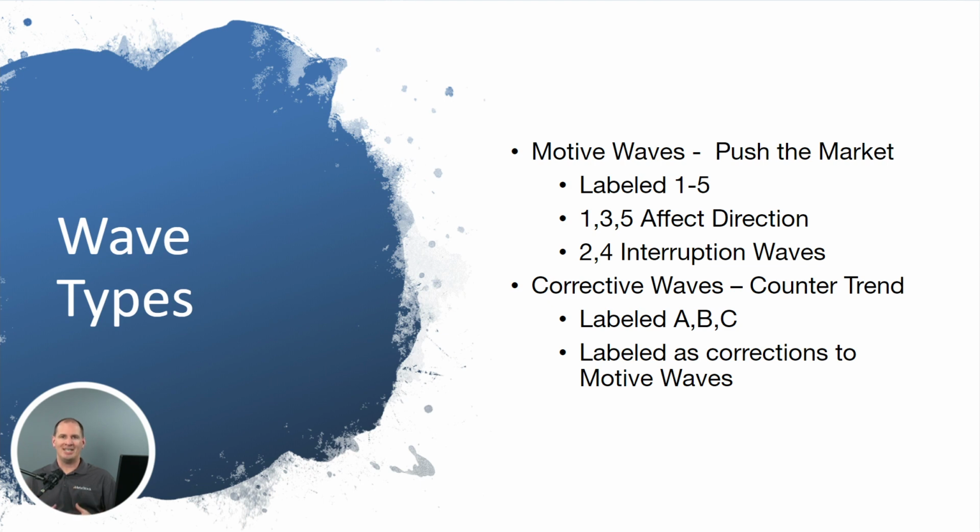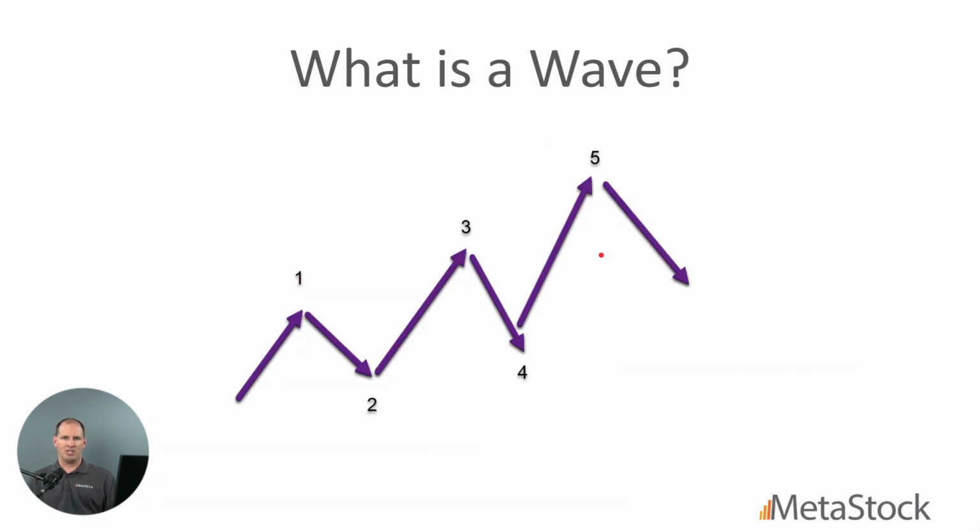Motive waves are designed to move the market and push the market. So if we're trading, we want something that's going to help us look for that direction in which we're trading, right? We want to move with a wave. Now, a motive wave is labeled 1 through 5. 1, 3, and 5 affect direction, and then 2 and 4 are interruption waves. So if I go back to our example here, the 1, 3, and 5 will be on the top